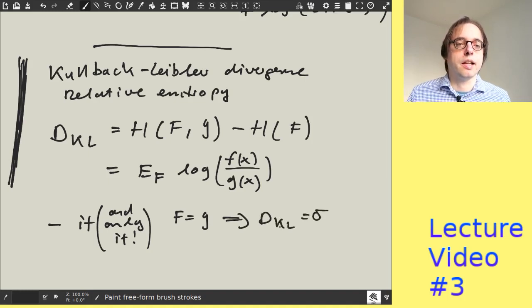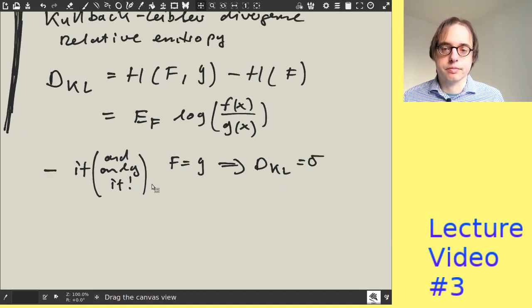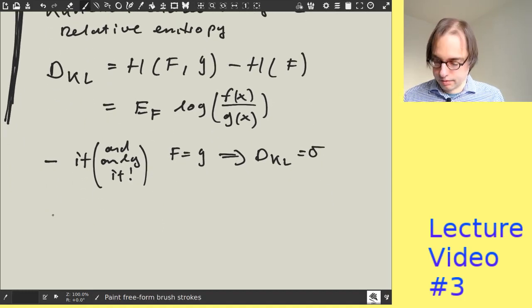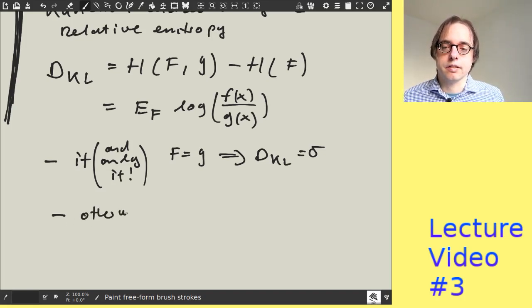I'll just give you a few properties, and in the worksheet you'll prove this yourself. So we can use this to figure out whether two distributions are the same, and otherwise dKL is a measure of the information